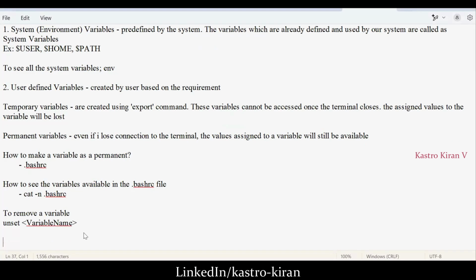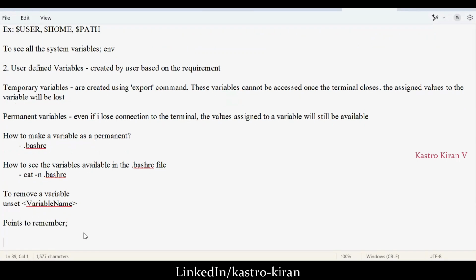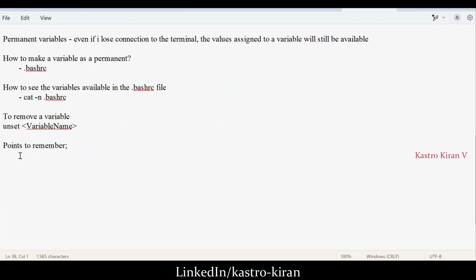Now there are important points to remember before assigning a value to a variable. Three important points are there. The first one,